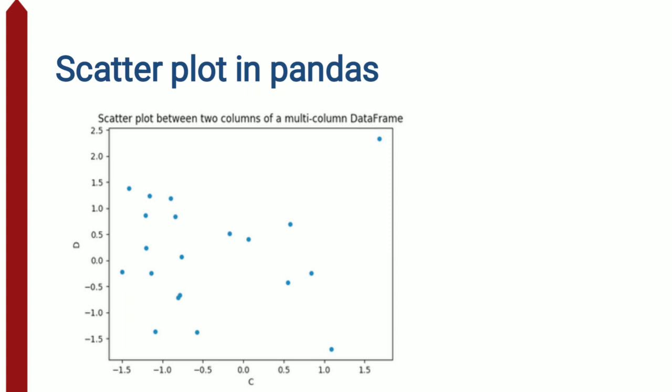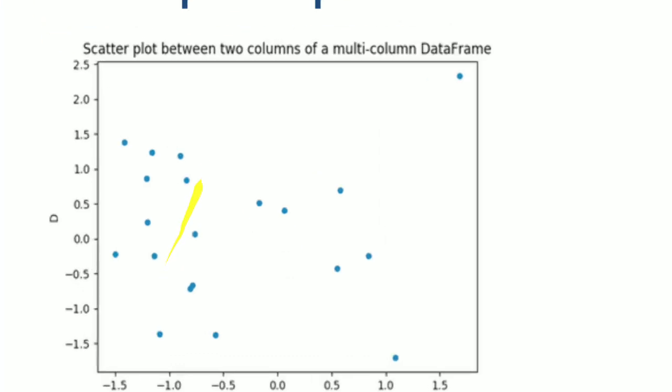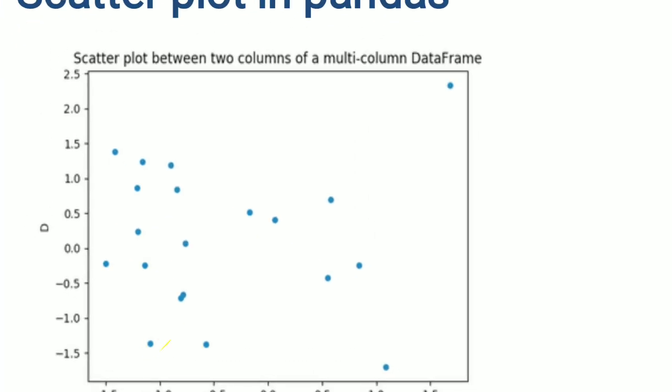Okay, and whatever the values, randomly the values that are occurring in c column, they get plotted in that c, and whatever the values are present in the d, when we compare these two values x and y, then we will get a dot over here. For example, at 1 minus 1.0 we have the value that is above minus 1.5, so we are getting that dot, this one, we are getting this dot.